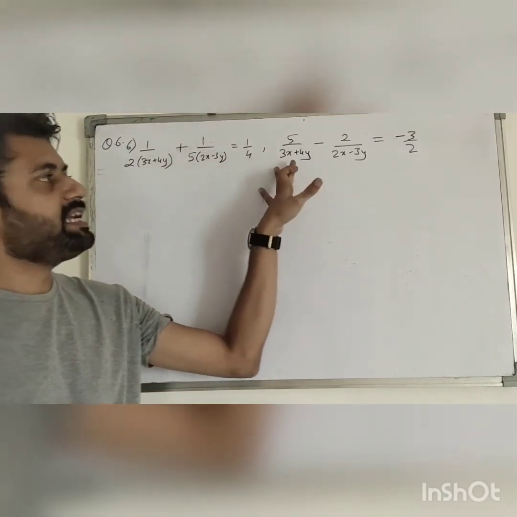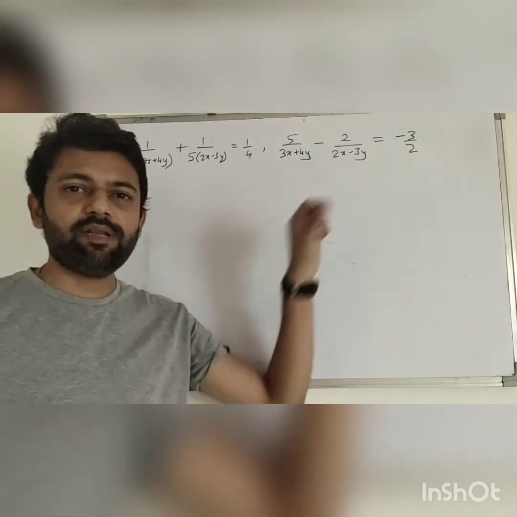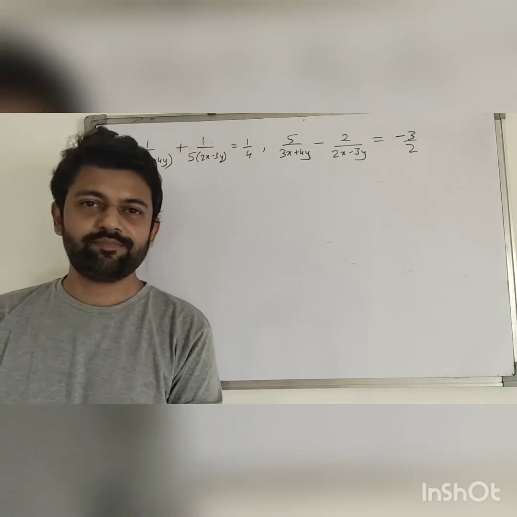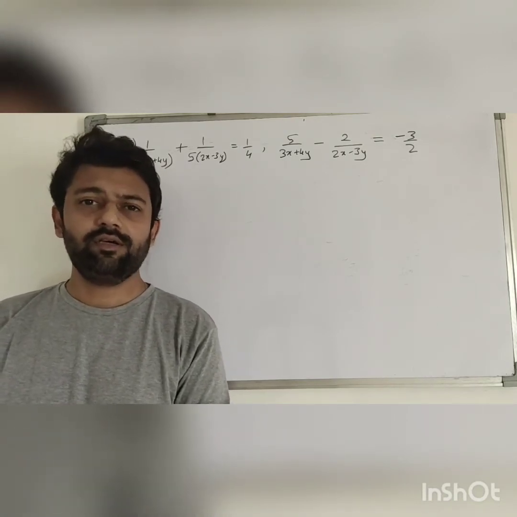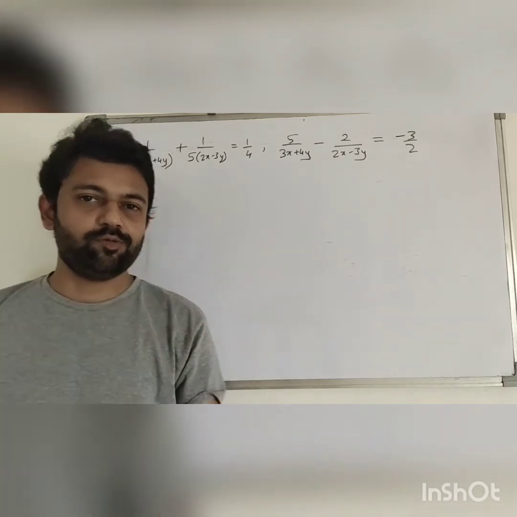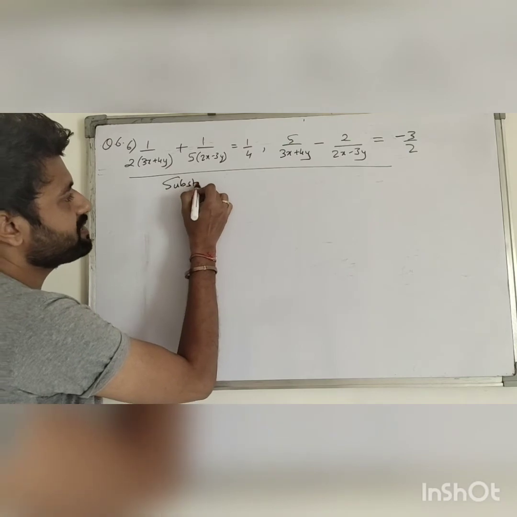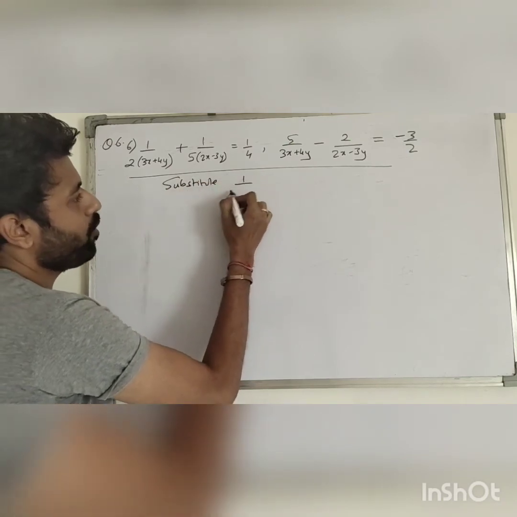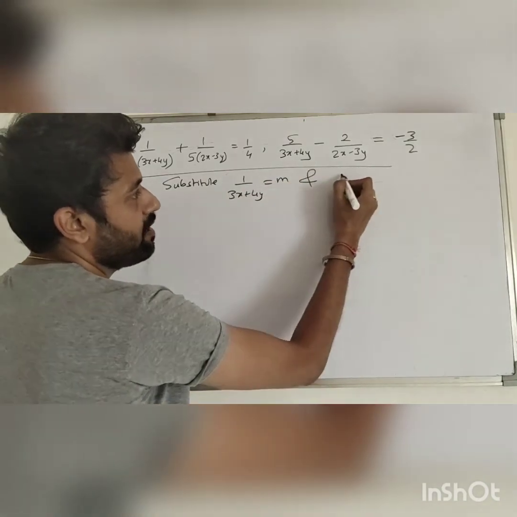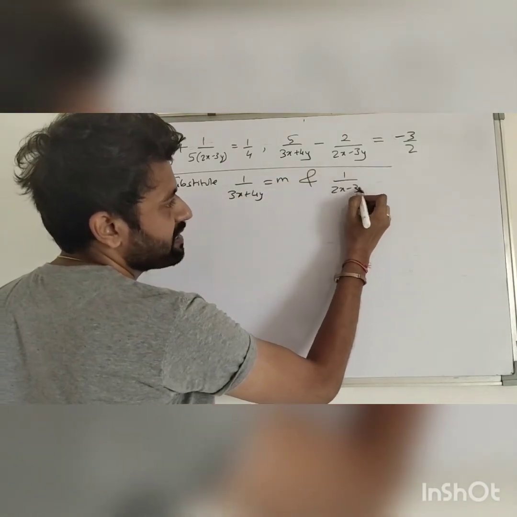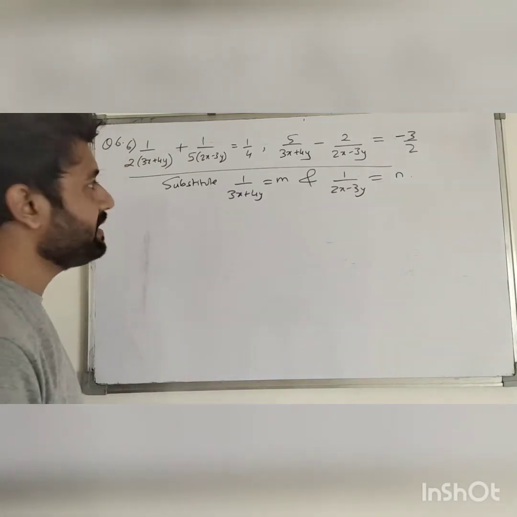3x plus 4y is seen 2 times. 2x minus 3y is also seen 2 times. Whenever any term is seen more than 1 time, we always use substitute. I'll write here, substitute 1 upon 3x plus 4y is equal to m and 1 upon 2x minus 3y is equal to n. On substituting I get